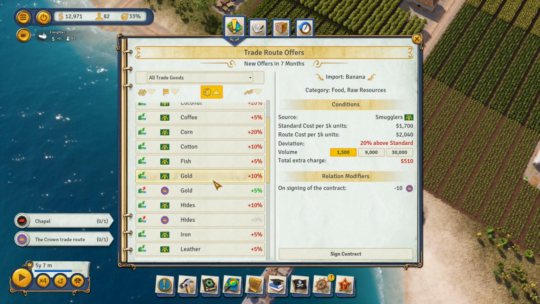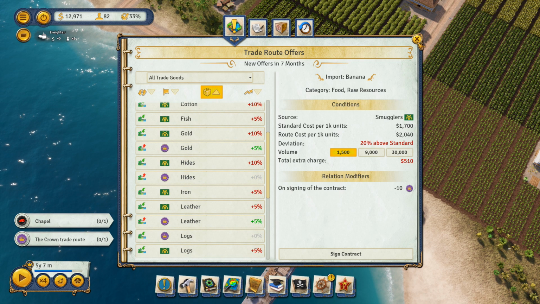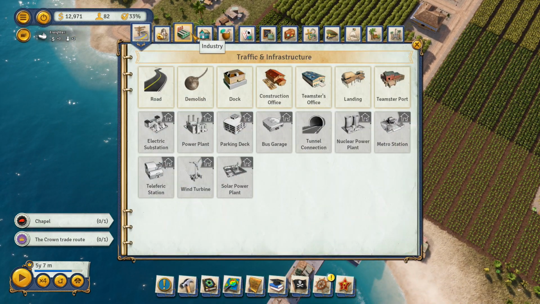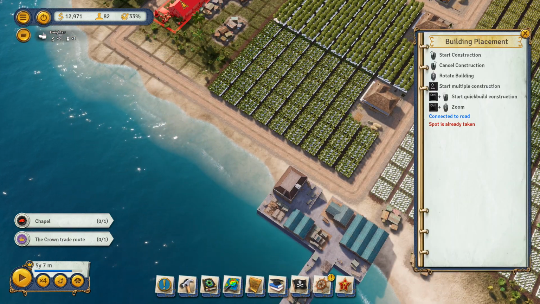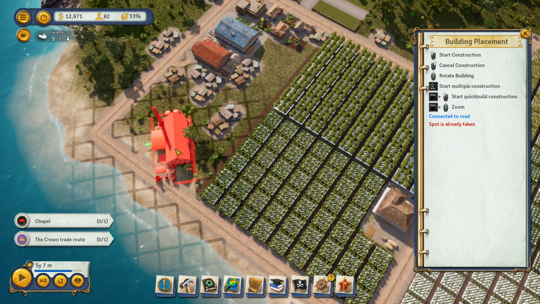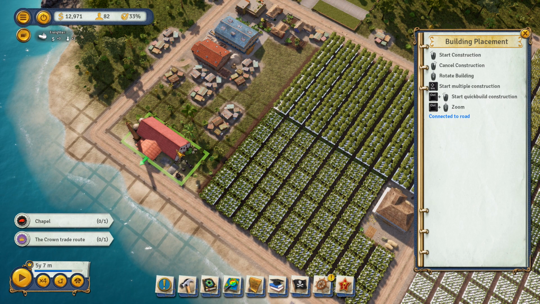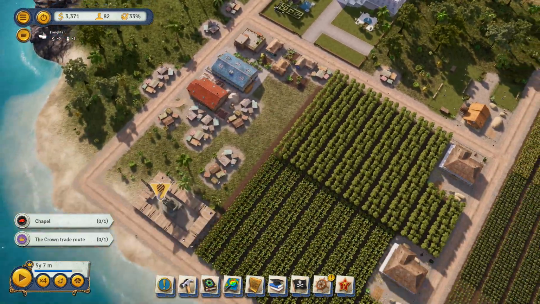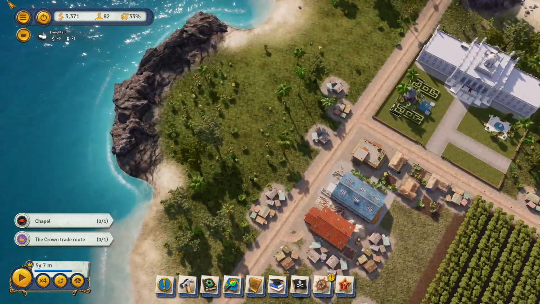At the moment I'm going to leave sugar and hides because I'm probably going to be building... I'll tell you what, I'm going to build a rum distillery there. And I think I'm going to get an extra sugar plantation. I'll see how...